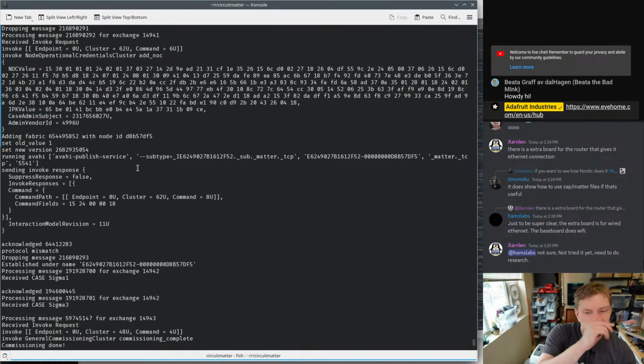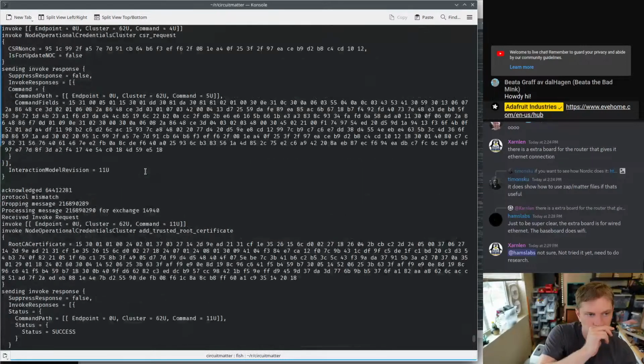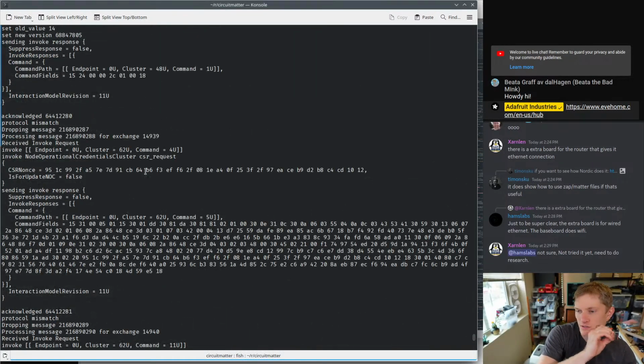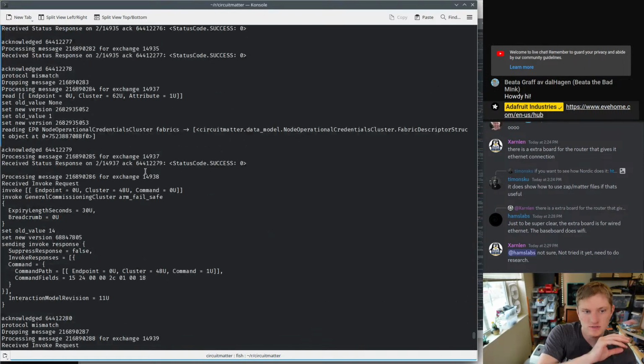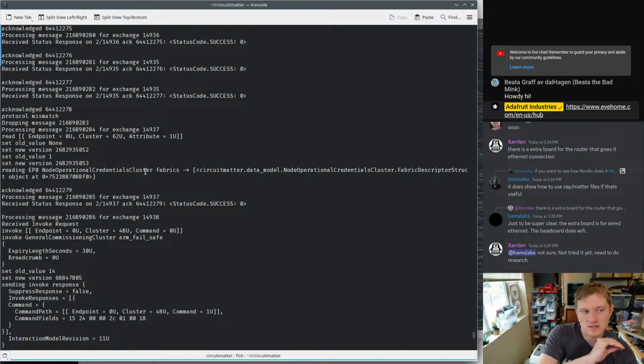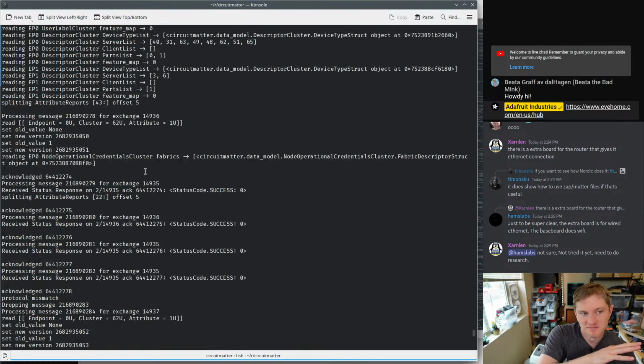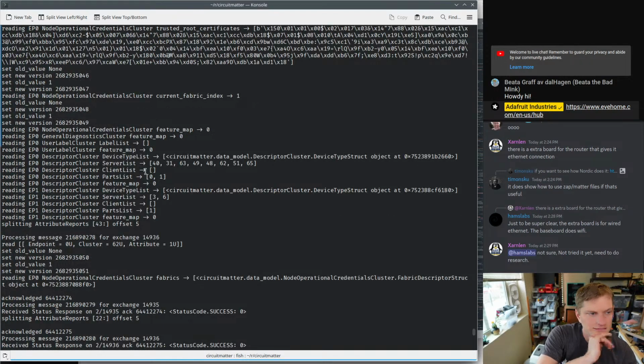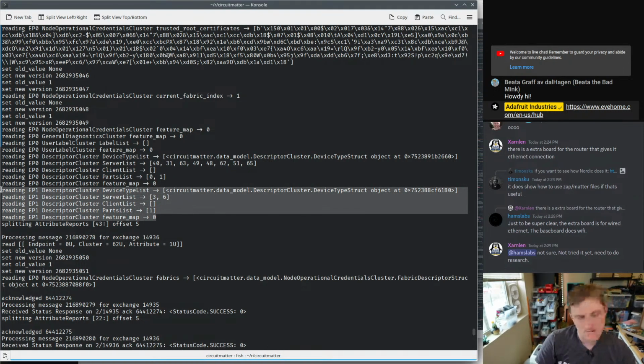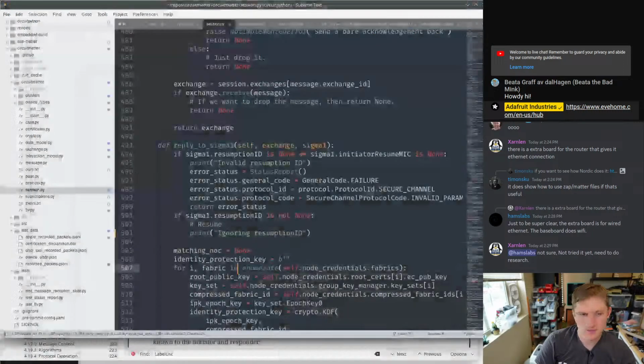I think I do have a user label here. So there are certain clusters I think that are required that I'm not providing yet. And so that's my working theory, is that it's trying to think about something that I said I didn't have. Okay, so there is a user label cluster, which is good. Although I think we're supposed to have a user label cluster on the next endpoint as well for the light itself. So maybe we'll add a second one